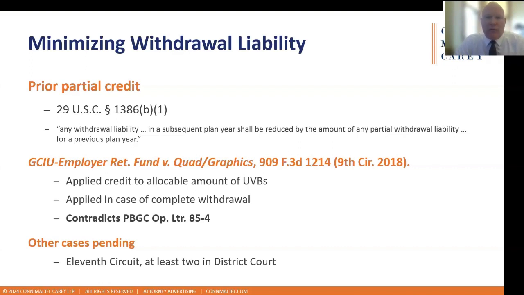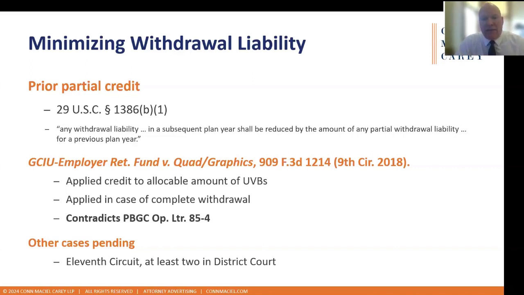That can happen. You can trigger partial withdrawals without even knowing it until there's a complete withdrawal. Or you might have a whole series of partial withdrawals that come your way before you're even given notice of one of them. You may have two or three, because remember I said partial withdrawals can be determined by a 70% decline over 3 plan years. It happens quite regularly, as a matter of fact, that employers can trigger more than one partial withdrawal. They can have successive partial withdrawals and not even be aware of them until the fund shows up years later and says, oh, by the way, you had a partial withdrawal this year, the next year, and the year after that, and you owe us for all 3 of them.